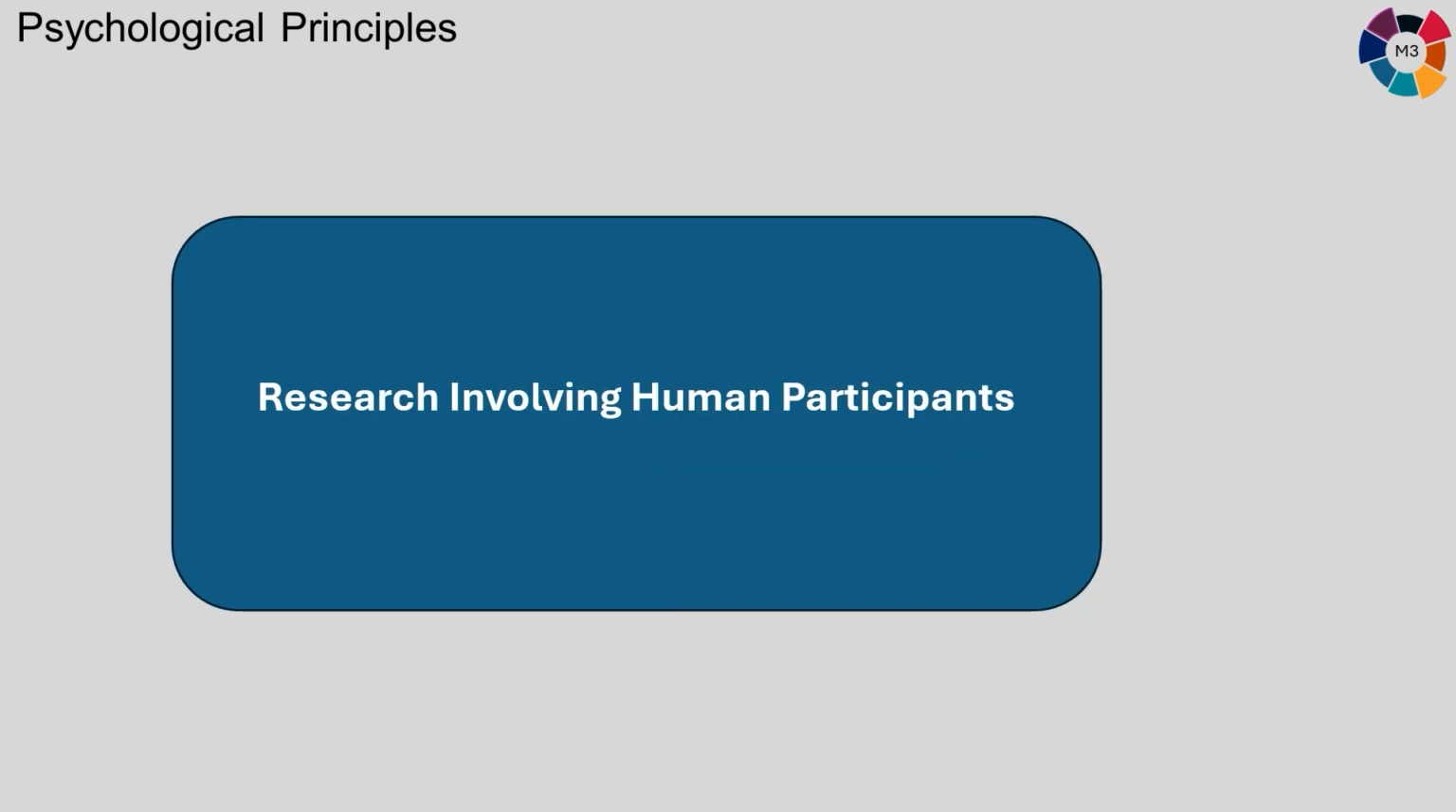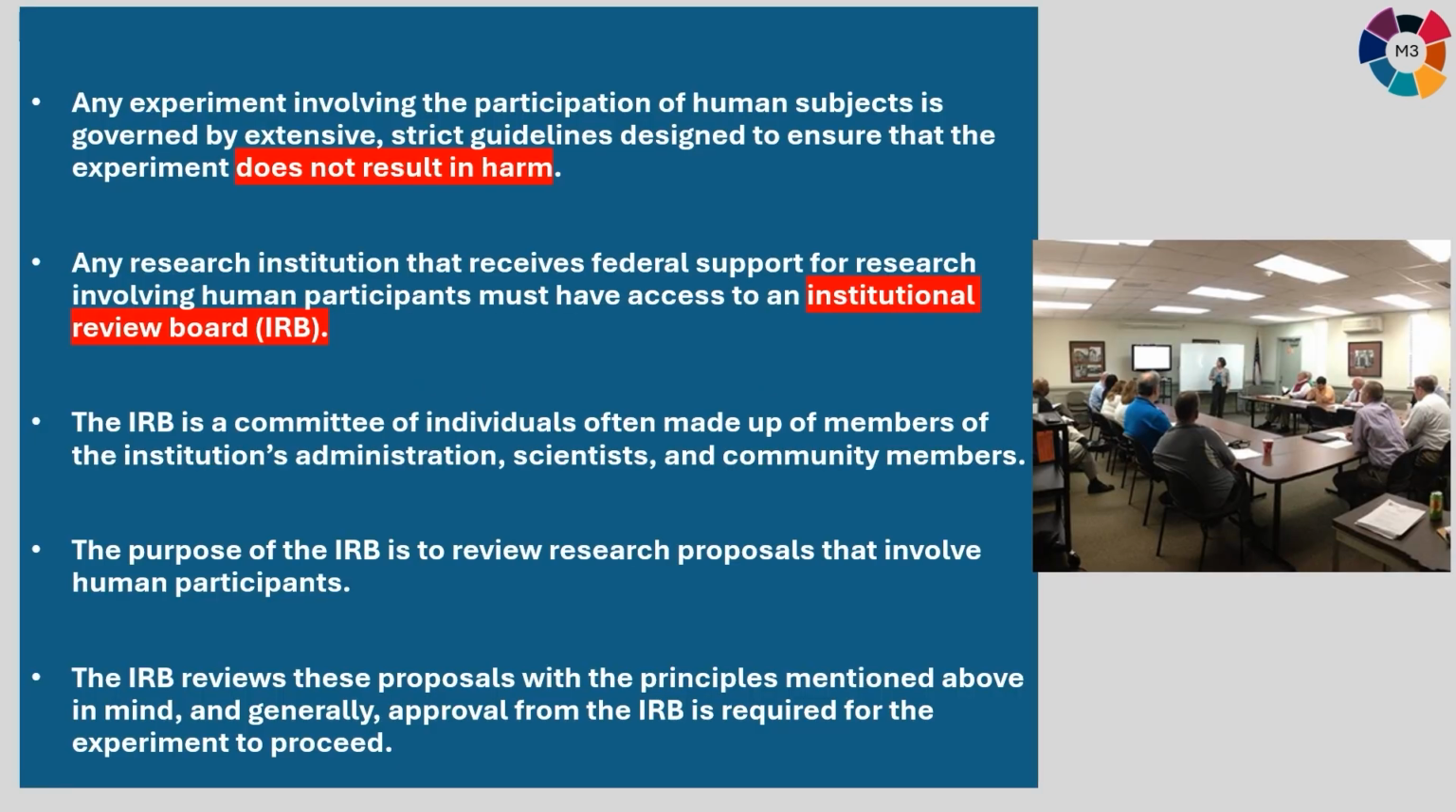Now we'll talk about research involving human participants. Any experiment involving the participation of human subjects is governed by extensive, strict guidelines that are designed to ensure that the experiment does not result in harm. Any research institution that receives federal support for research involving human participants must have access to an Institutional Review Board,